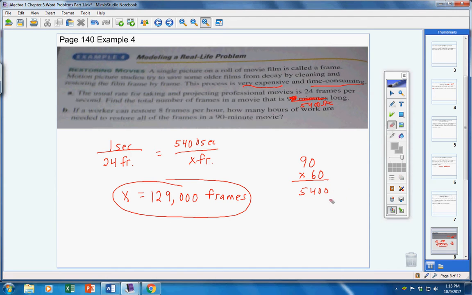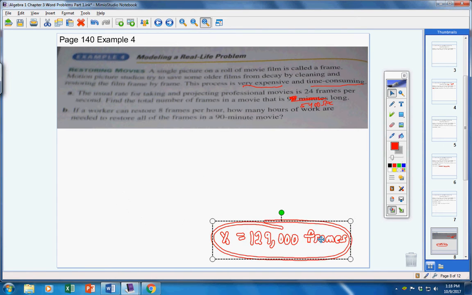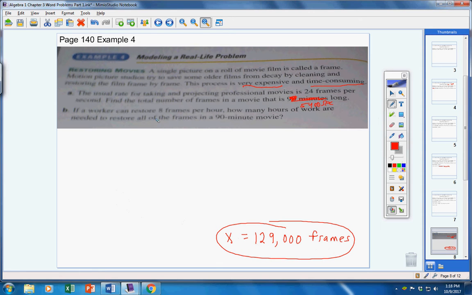If a worker can restore 8 frames an hour, how many hours of work are needed to restore a 90-minute movie? Now, guys, think about this. A worker can restore, here's a rate, 8 frames in 1 hour. Okay? So, how many hours will it take to restore a 90-minute movie? Well, we already found out how many frames are in a 90-minute movie. It's right here. So if 8 frames take an hour, then